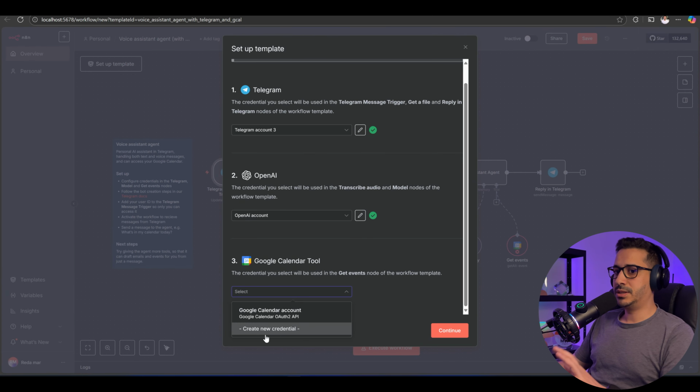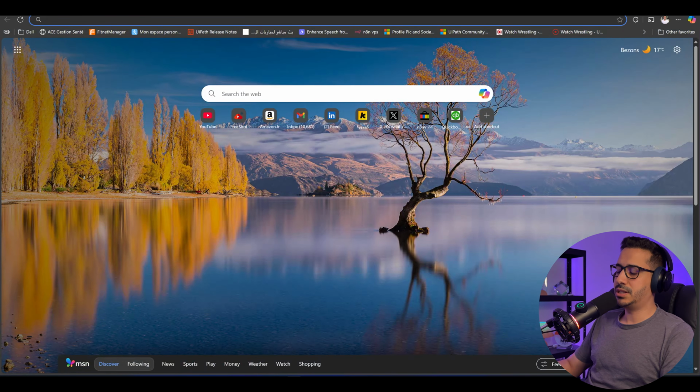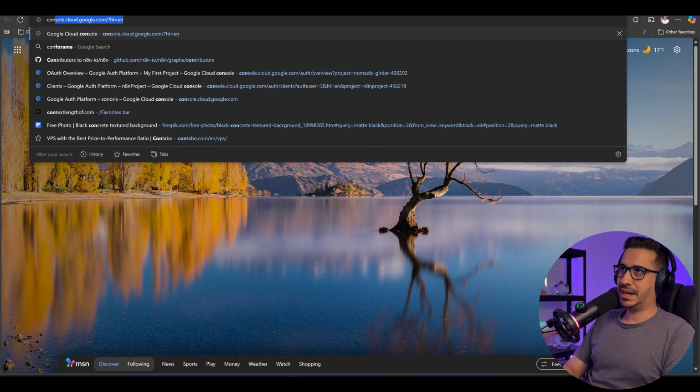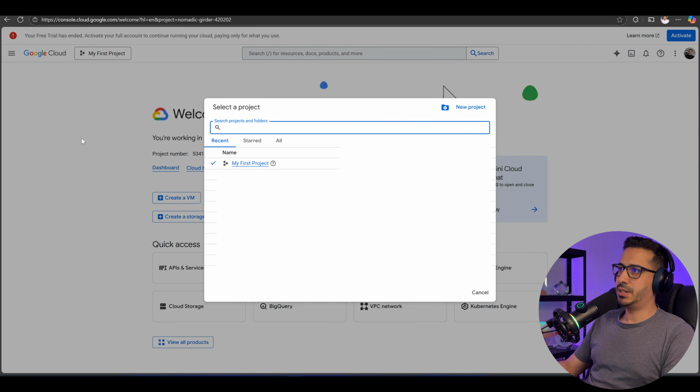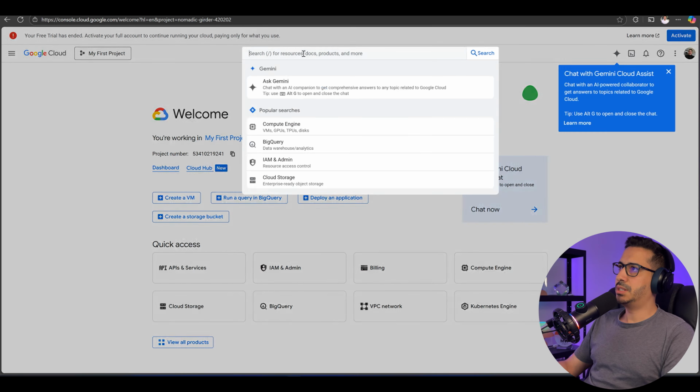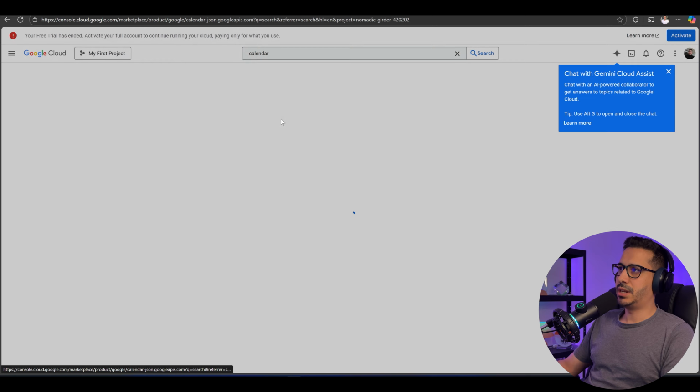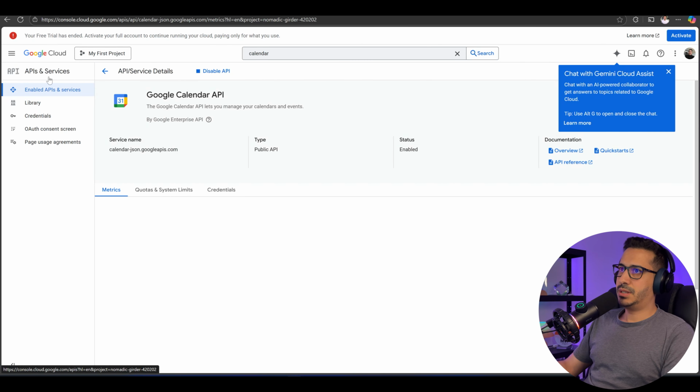You can just go back and see that video, but I am going to do it really quickly so you can see how you can get the integration. So go to console.cloud.google.com, and here just select a project. Then look for Calendar, Google Calendar API, click on Manage, and then inside of here,